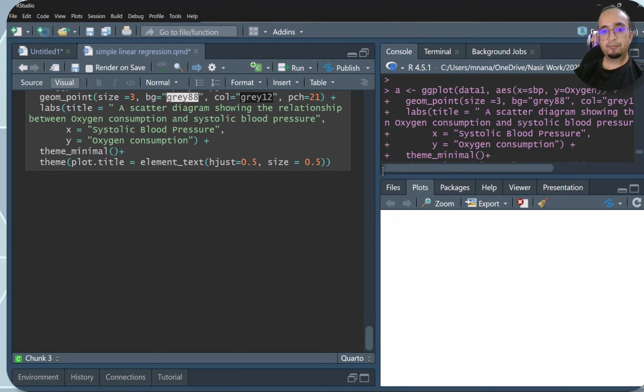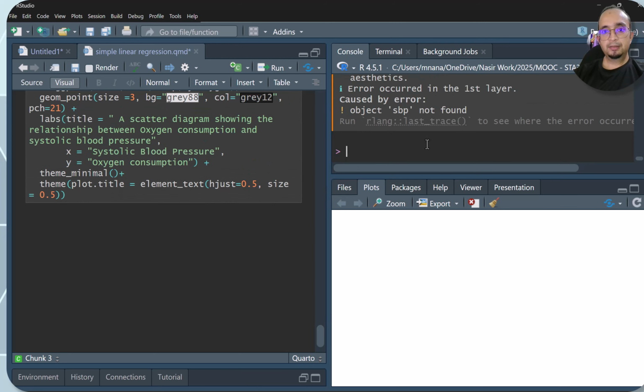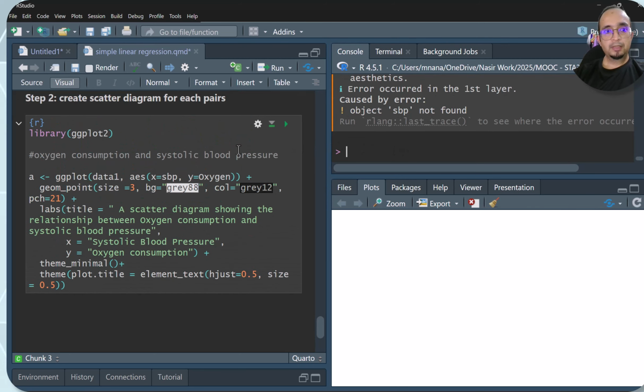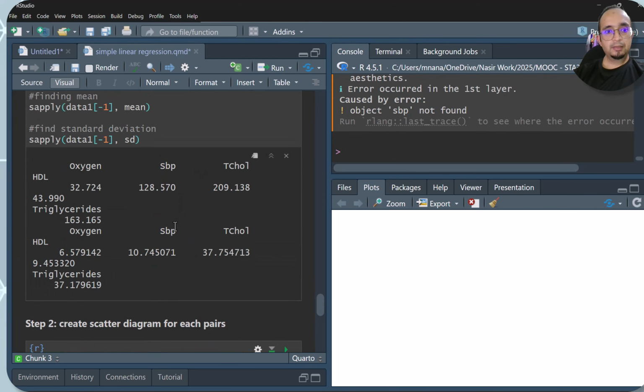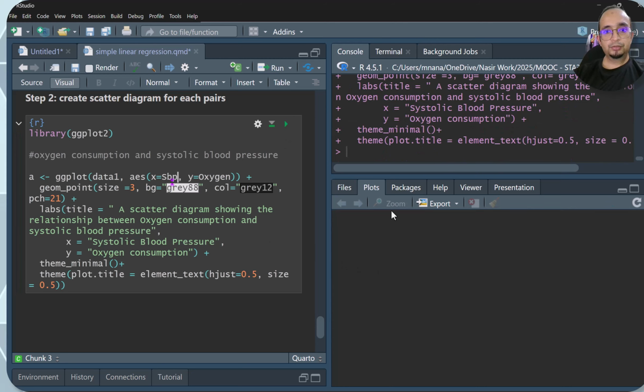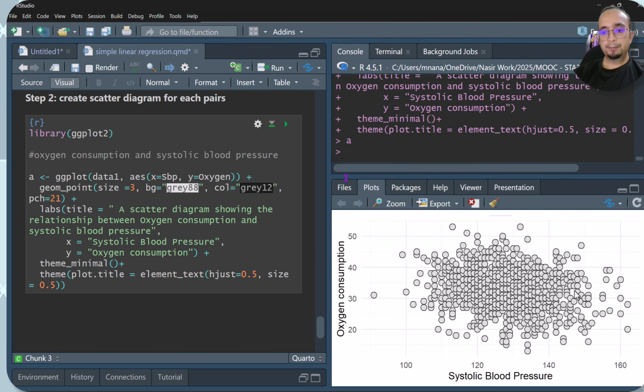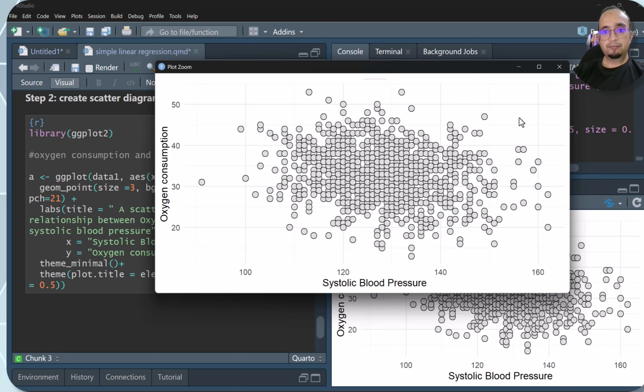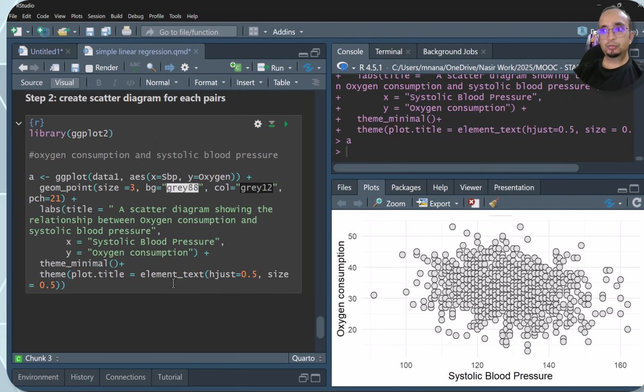So I should get the graph. SBP, is it capital S? Right, so SBP starts with S capital. So we should have it here. Yep. So maybe we cannot see much about the graph, right? We cannot see the pattern clearly, but we can infer this is a negative relationship, right? But now I just want to